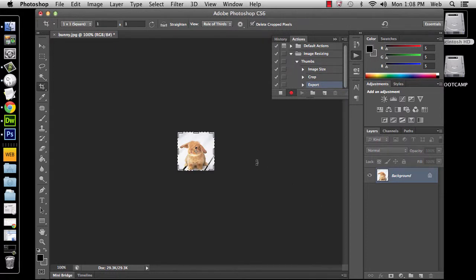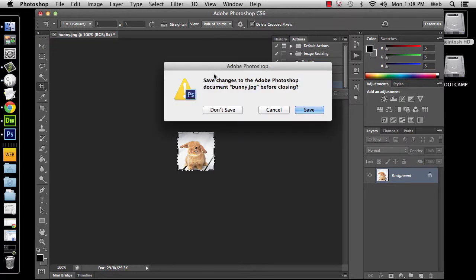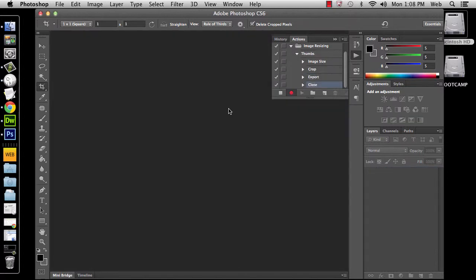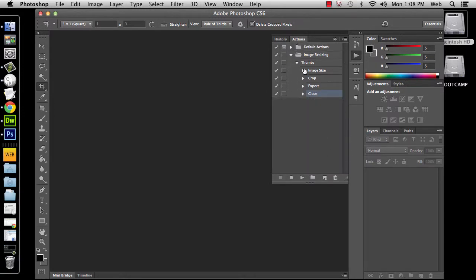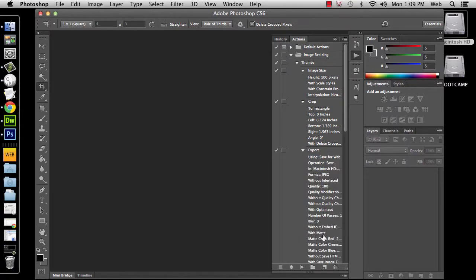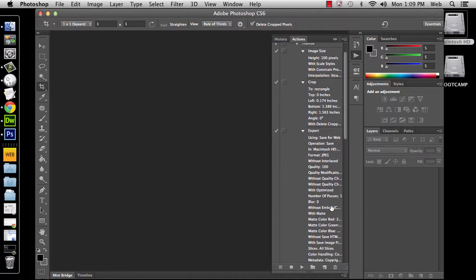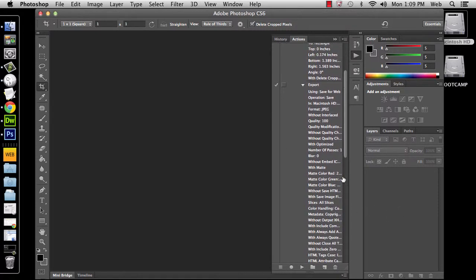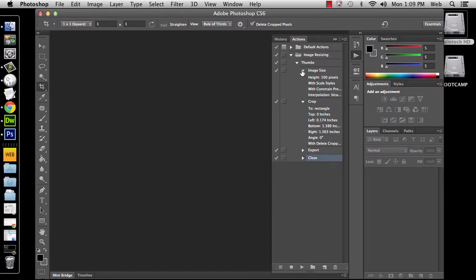Okay, and now you've exported it, and now you want to go ahead, don't save this file, just close it. It's going to ask you if you want to save it. Say don't save, because you don't want to overwrite the original larger file, and you're done. And so you want to stop your recording, and it shows you here in your actions all of the things that it did, which is nice. Including the export information, which we can go back later and muck with. Okay, so for right now though, let's go ahead and just